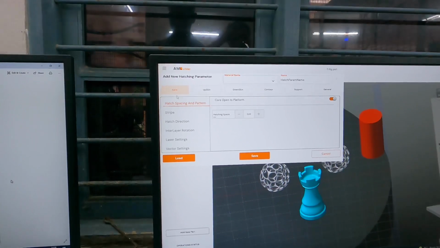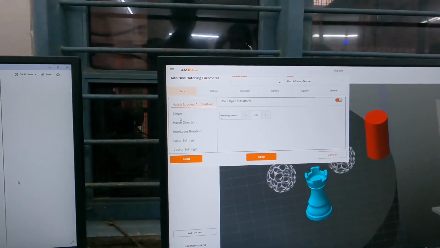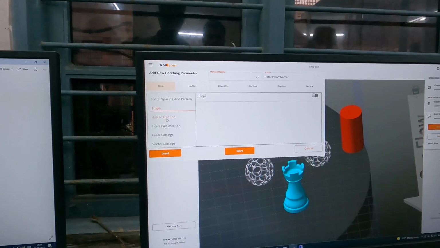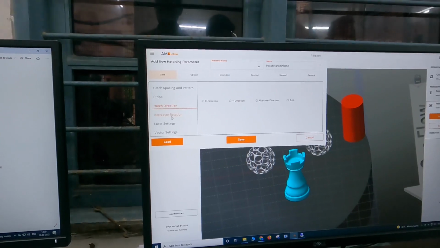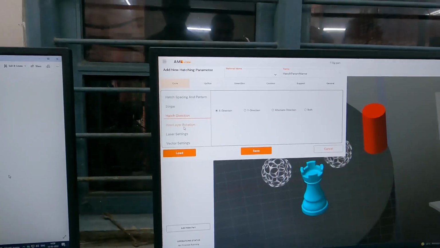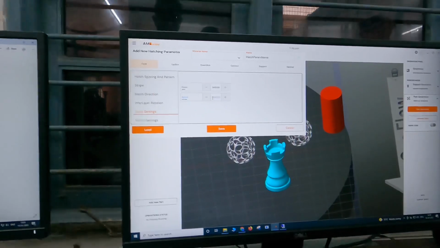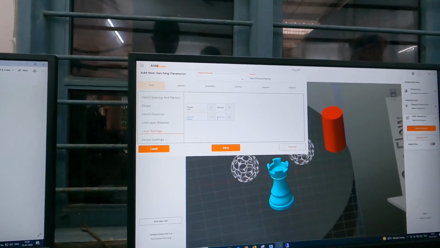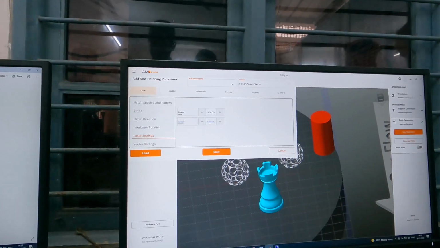So core means it is the core of the component, that we usually give as a stripe, stripe in one direction or a hatched or bi-directional stripe. Those options are available here for the printing. So we can also give the laser power and laser speeds for all these options. So that is also very important. The selection of the power and speed is very important to avoid any defects in the model.